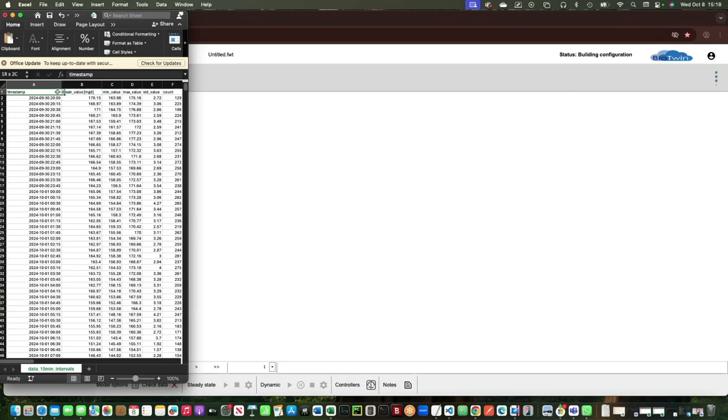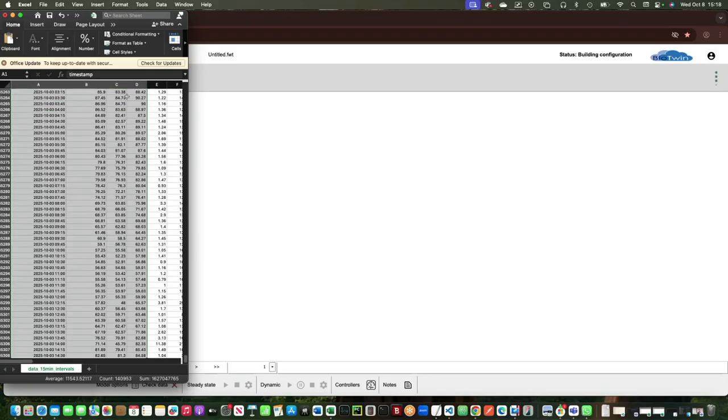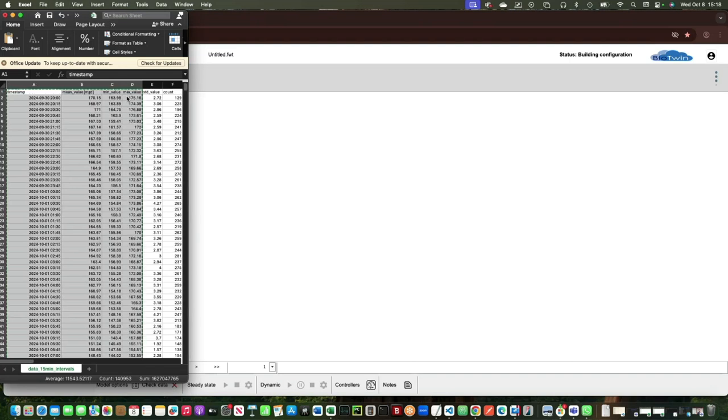I do that by selecting the date-time column and the column containing the flows. I can select the other columns as well, and you'll see why, because it's going to ask me to choose which of these columns is actually the flow column, right? So let's say you have a data source with not only flow, but other data as well. It could be concentrations, right, or loads. But in this case, we have other columns called min value, max value. So if I just select those columns and go all the way to the bottom and press Control C on my keyboard, to copy it to my clipboard,